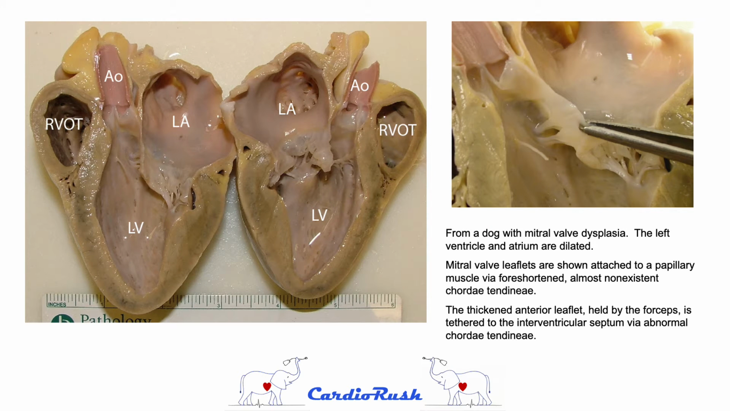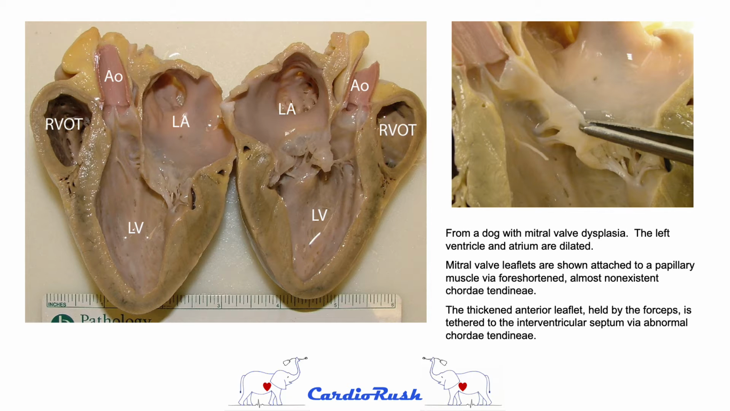So the first case is a dog that has mitral valve dysplasia. This is a young dog that eventually succumbed to congestive heart failure. So the left ventricle and left atrium are opened up, as well as the aortic outflow tract, aortic valve and aorta. The left ventricle is dilated, the left atrium is markedly dilated, and if we concentrate on the mitral valve